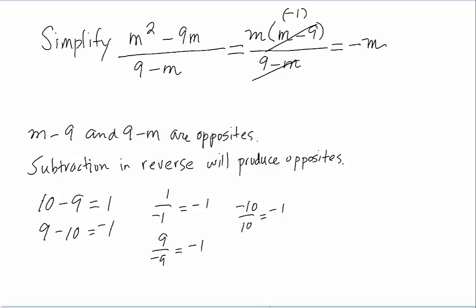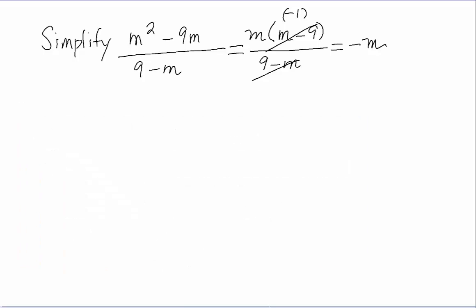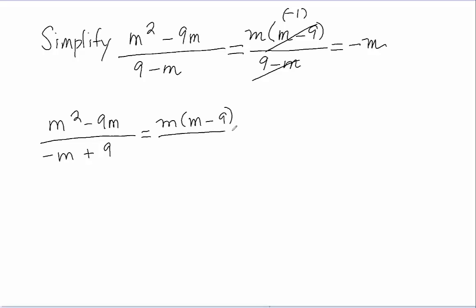Now there is another way to do this. It's a little bit longer, but what you could do is you could rewrite your denominator in standard form, negative m plus 9. Because remember, in standard form, the exponents in the polynomial will decrease until you get down to the constant term. So if I rewrite this, and I factor out an m from the numerator, just like before, and I factor out a negative 1 from the denominator,